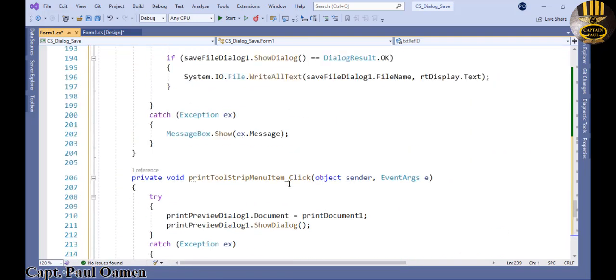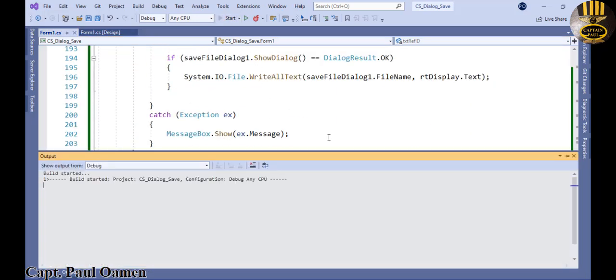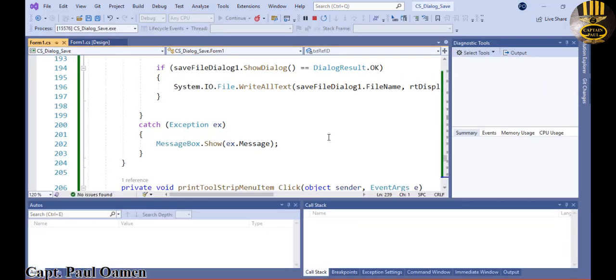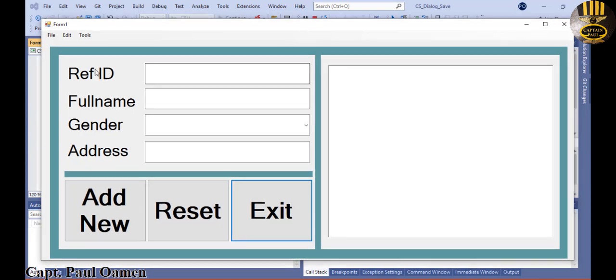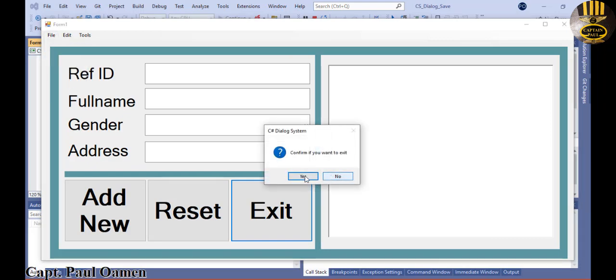So run the program, and if you are DJ Oamen's channel member, you can always put in requests for these lines of code. So I'm going to come in here now. Let's click on exit. There we go. Look at that. So we can exit. Now let's run it again